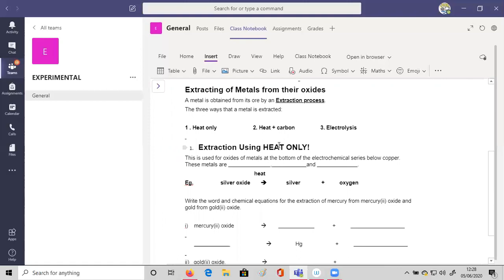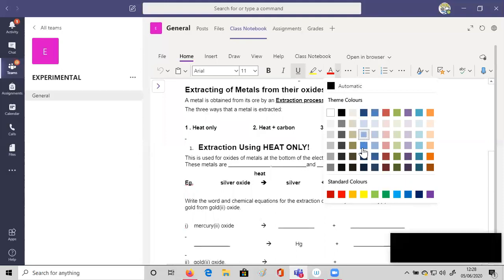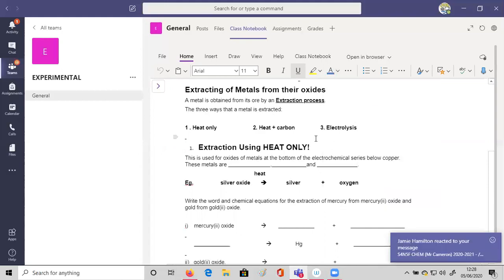Okay, I recommend doing this. If you're going to insert an answer, make your life easy and your teacher's life easy by changing the font color. So go up to home, go to the font color, choose another color. It might be an idea to stay away from red because many people mark with red. I'm going to use a fairly dark blue. And I'm going to put silver